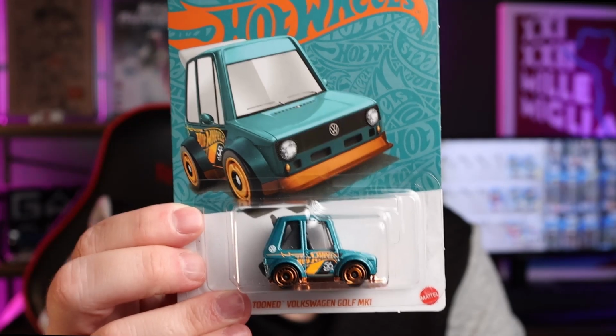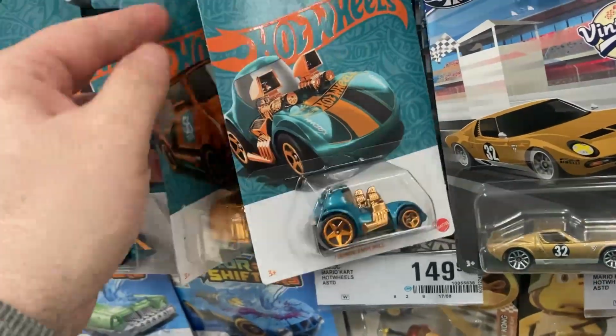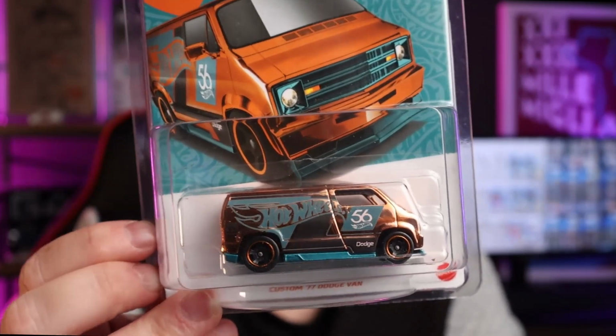I did show you some of the cars I picked up from the previous wave, the small Honda and the Mercury Comet gasser. That's pretty cool as well. And walking up to the shelf, full shelves, it did pay dividends to have a quick look through the cars. There were so many, it simply had to have a chase piece in there, and